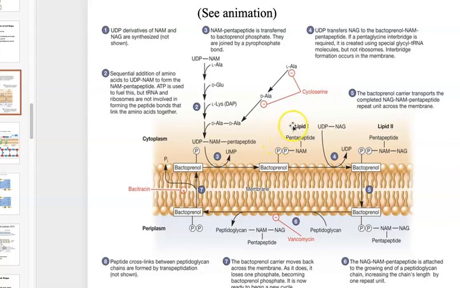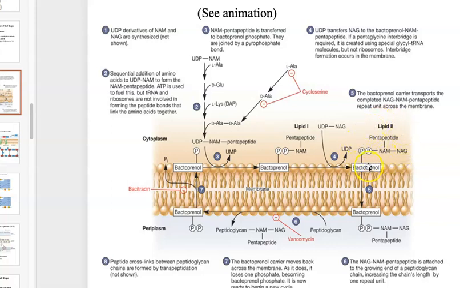But lipid 1 is the first thing that's built here. So pentapeptide, NAM, phosphate, phosphate. So one of the phosphates comes from here, the other phosphate comes from here. So that's where this phosphodiester bond is formed to bactoprenol. Then we add N-acetylglucosamine here, and so we end up with lipid 2, which is pentapeptide, NAM, NAG, and then the phosphodiester linkage to bactoprenol. Once we have lipid 2, which is the